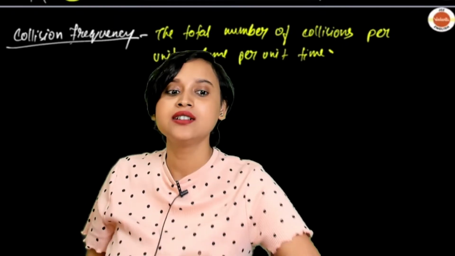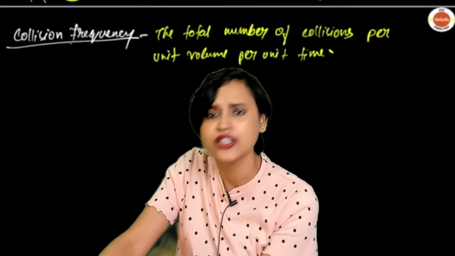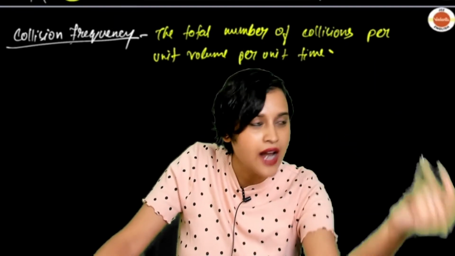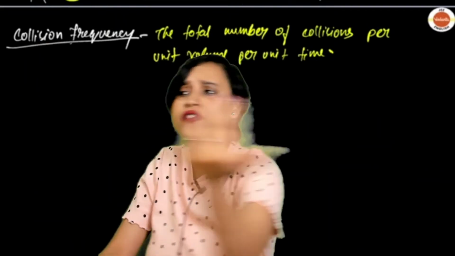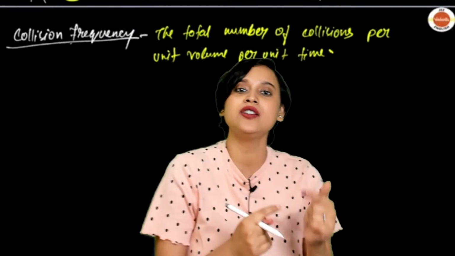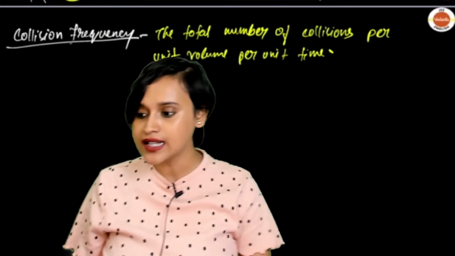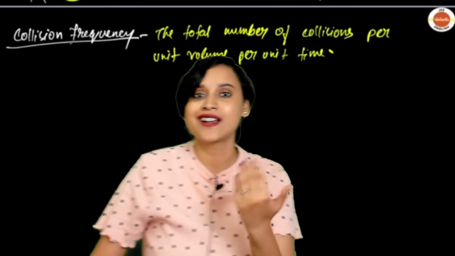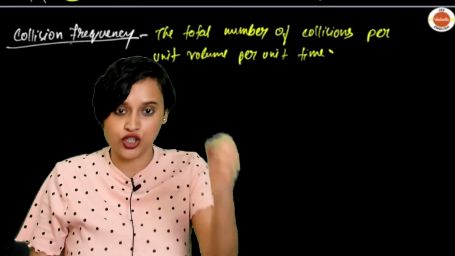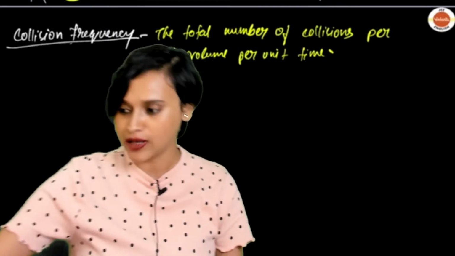To find that out, just like in physics in class 10th or class 11th, you probably know, what is frequency? Frequency is the number of oscillations per second, or the number of anything per second. Very similarly, with collision frequency we want to find out how many collisions are happening in 1 minute, or in 1 second, or in 1 hour. So that is exactly what I am writing: the total number of collisions per unit volume, per unit time is your collision frequency. Got my point now? Is this clear?